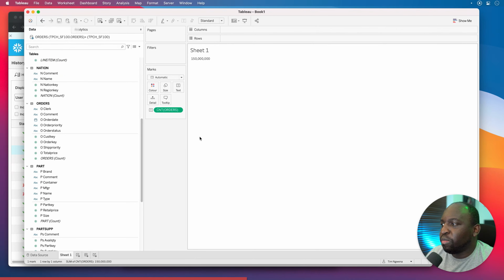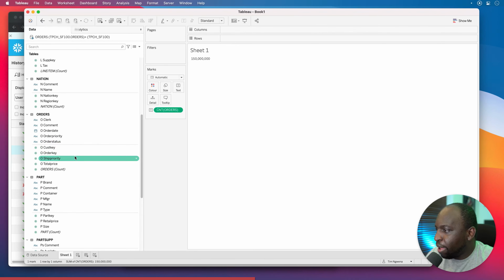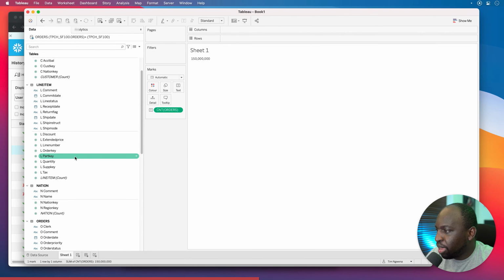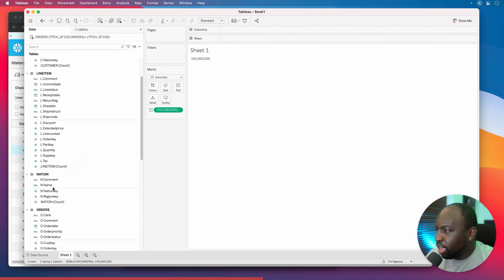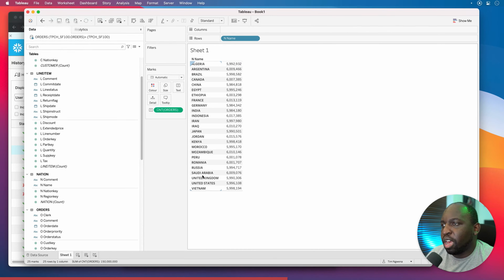I just wanted to connect to it in Tableau and see how it worked. What we can do is start to build some things. So let's see how many orders come into different countries. Let's drag nation name into this query, and we'll wait for it to run on 150 million rows. This is querying live over the AWS infrastructure. And you can see that it's roughly 5 million rows per country, which is fairly realistic in